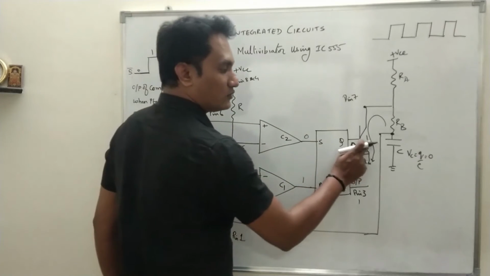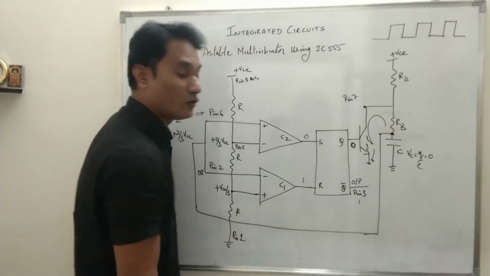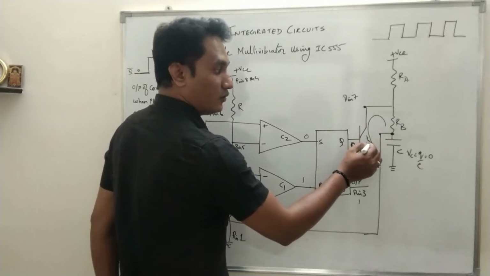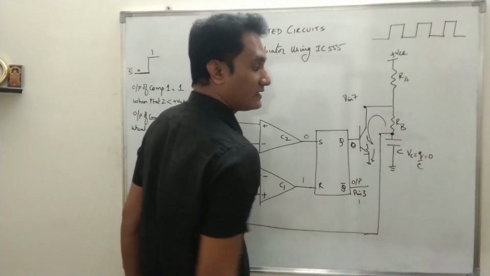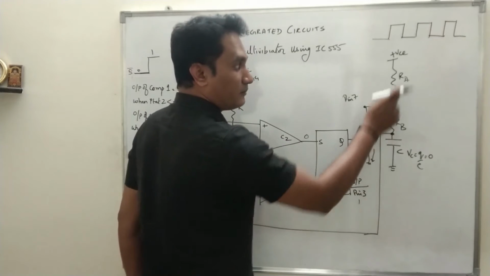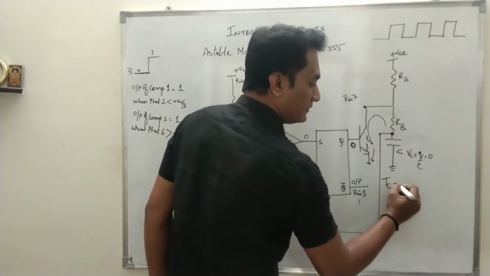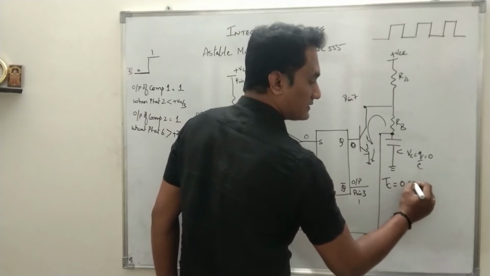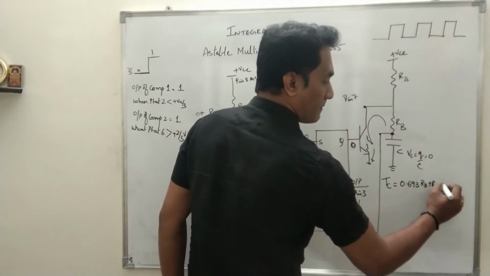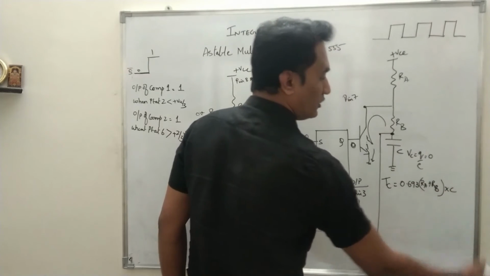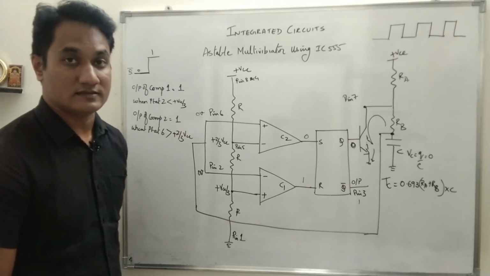Now, as Q is equal to 0, the transistor is cut off. That means it works as open circuit. When the transistor is in open circuit, of course, capacitor cannot discharge. So now capacitor will start charging. And in the charging path, there are two resistances, RA and RB. So the charging time TC is given by 0.693 (RA plus RB) into C. Okay, TC is equal to 0.693 (RA plus RB) into C. This is the charging time.